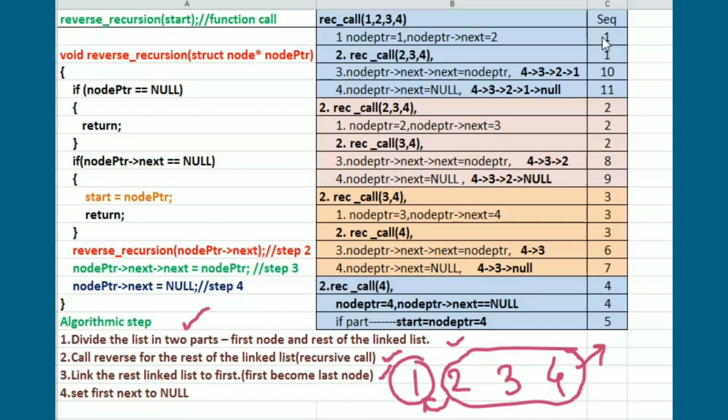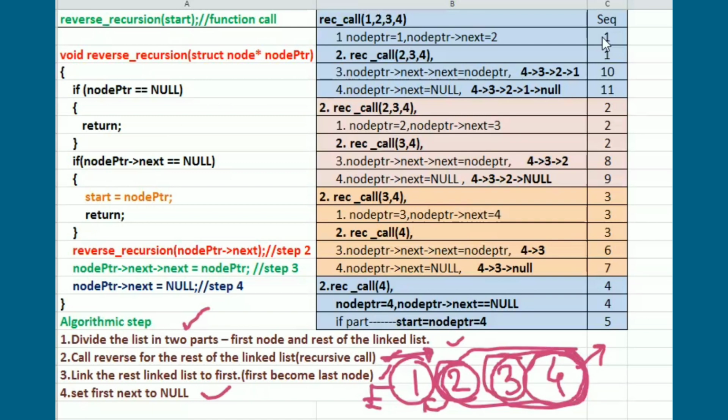And after that, whatever first node you add, its next we are going to set to null. In step 2, we already said that we have a recursive call for the rest of the linked list. So when it goes for the second recursive call, 2 becomes the first node and 3 and 4 become the rest of the linked list. When 3, 4 go for a recursive call, 3 becomes the start and 4 becomes the rest.